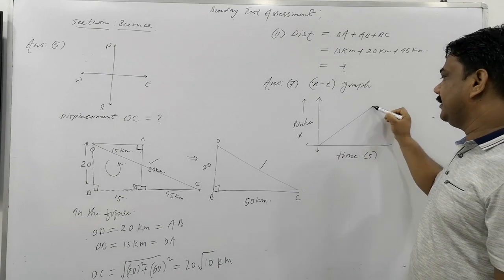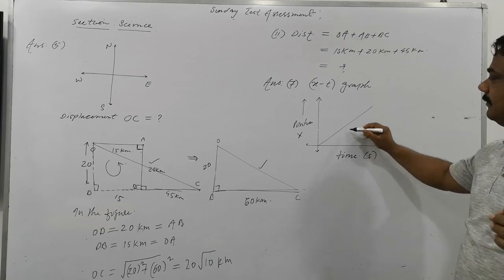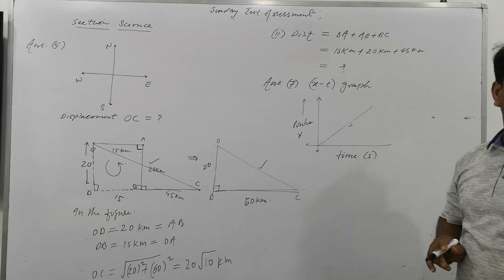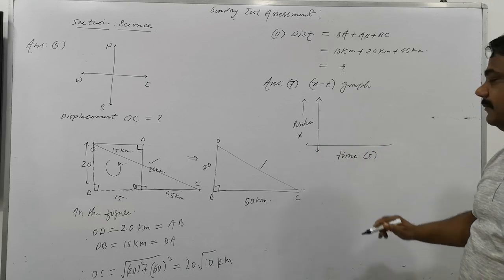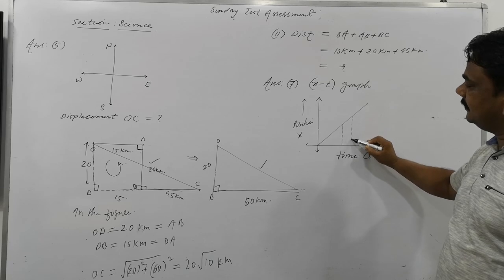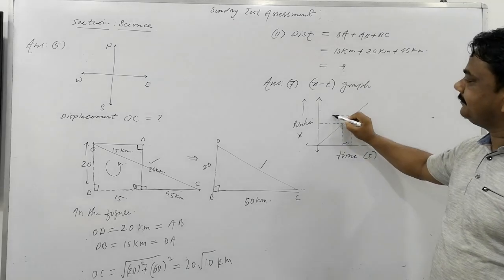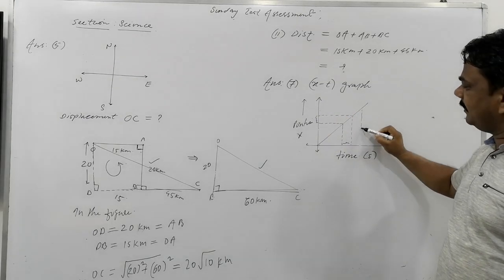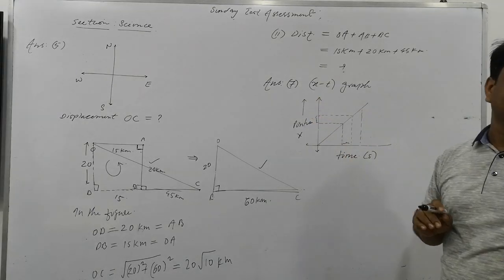If the graph goes here in that manner, this is uniform motion, right? Now, the graph is a straight line. What does it mean that the graph is a straight line? Very simple. This is the time interval, and this is the displacement. If the time is small, what will be the length of the time? The same will be the length of the distance or displacement.